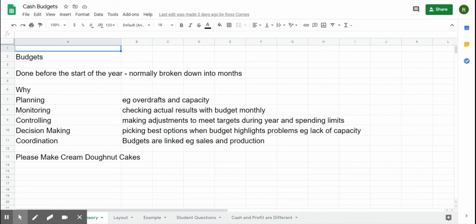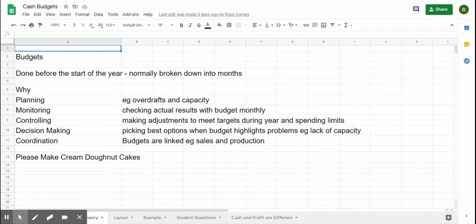We work through a series of videos on budgeting. What you will see is that all the budgets are interlinked. If we've got a sales budget, it links to information that then goes into a production budget. If we've got a production budget, we need to buy the raw materials to make those products, and therefore it gets linked to a purchases budget. If we are purchasing things, then we need to have money available, so that needs to link to a cash budget.